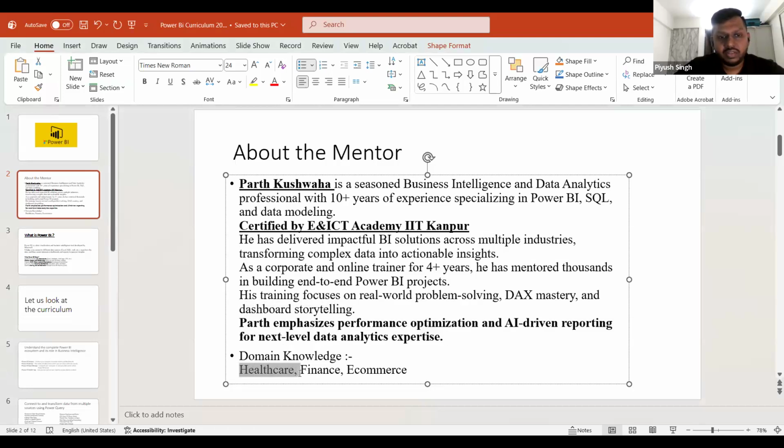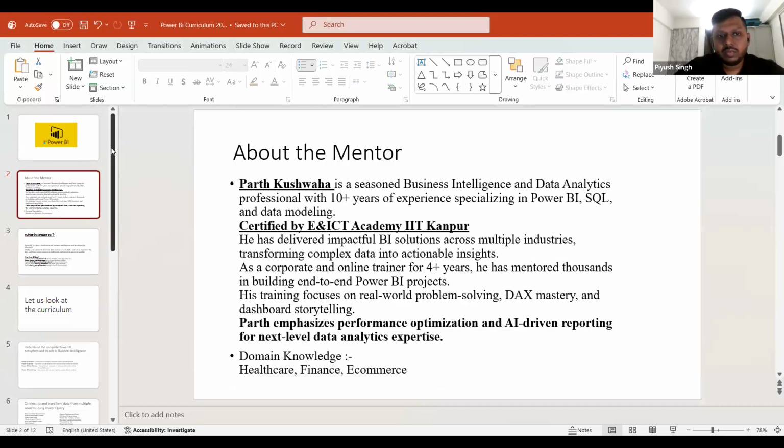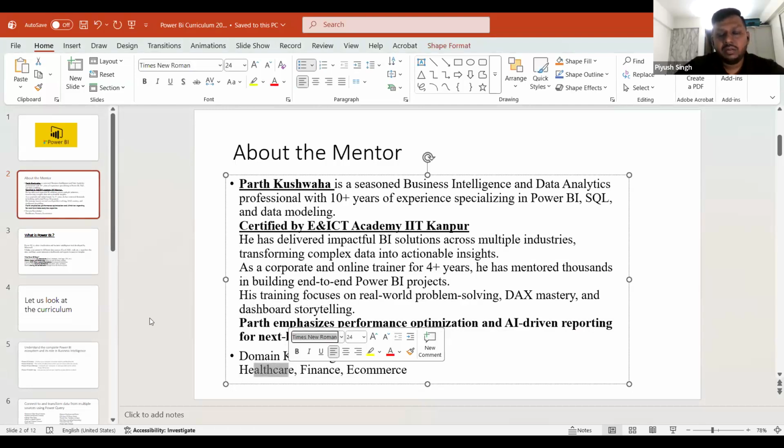I have been working in the healthcare industry, and my previous experience incorporates finance as well as the e-commerce industry. Now, why is this information important for you guys? This is important because when we start building projects, I would want you to build multiple domain projects, right? Of course, the choice will be yours, which project you want to build. But having multiple domains on your resume will help you get a better package, better exposure to industries, and better opportunities across multiple industries, right?